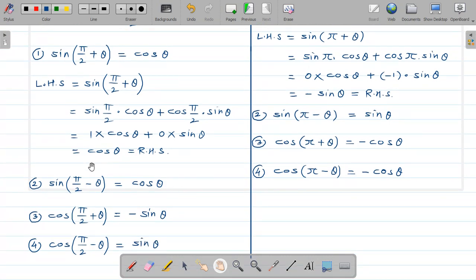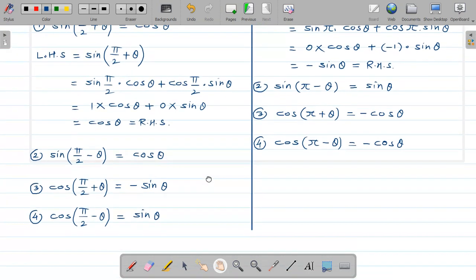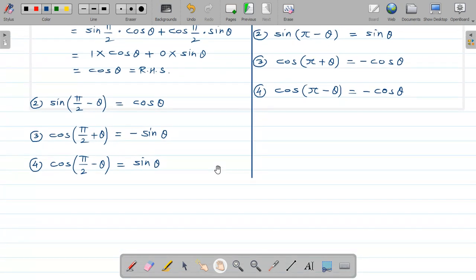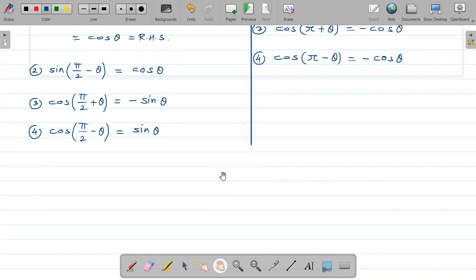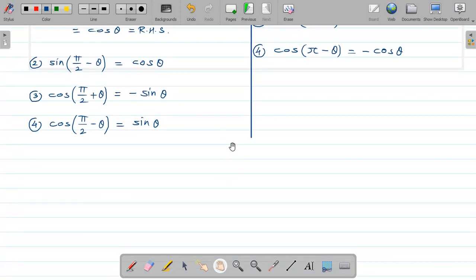So there are a total of 4 plus 4, that is 8 basic formulae that we have discussed for the multiples of pi by 2. Now the allied angle formulae is a general concept, so we have to select the multiples of pi by 2. Here we have selected plus or minus pi by 2, meaning plus or minus 1 into pi by 2, and plus or minus 2 times pi by 2, that is pi. But we have to generalize this concept to get any allied angle formula. So that we will discuss now. So let us see here.